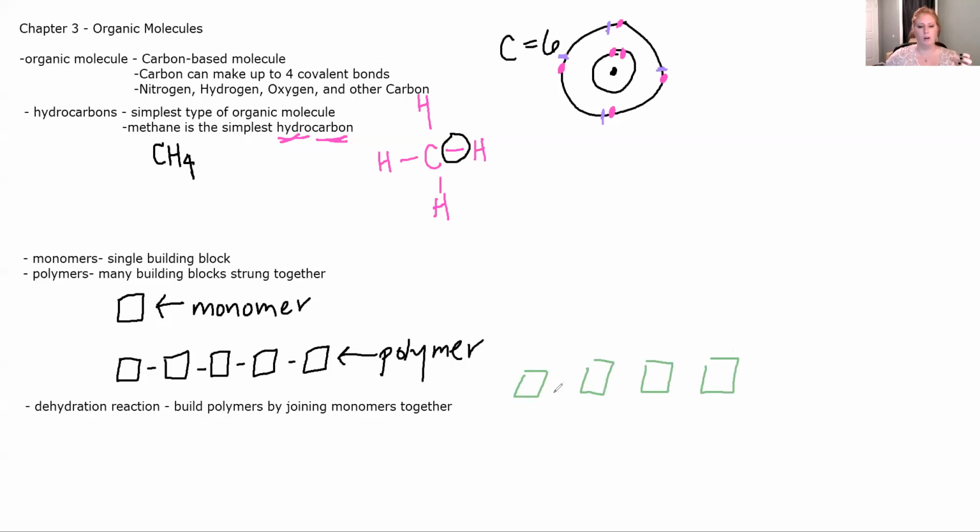I have to link all the monomers that are the building blocks for cell walls. I have to link them all together, right? It's like you can't build a wall out of one brick. You have to put the bricks together. Well, that's what your cell's doing. In order to do that, we have this interesting little